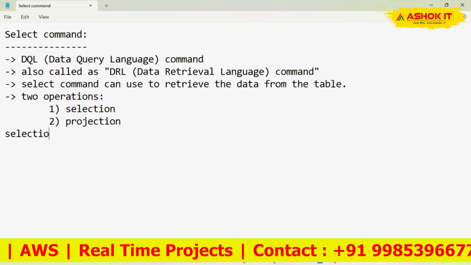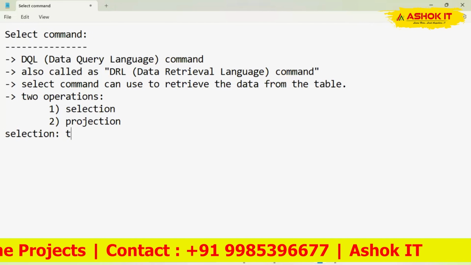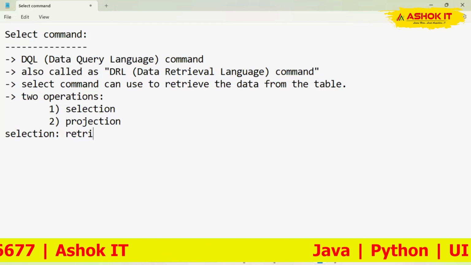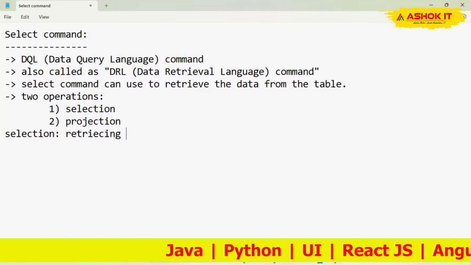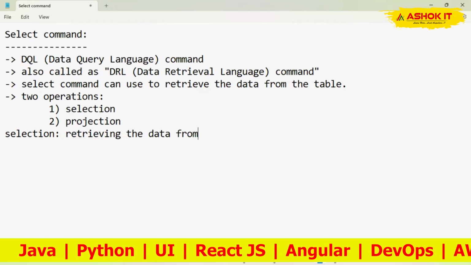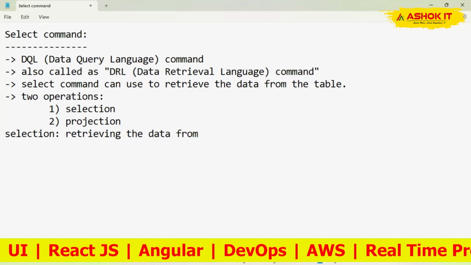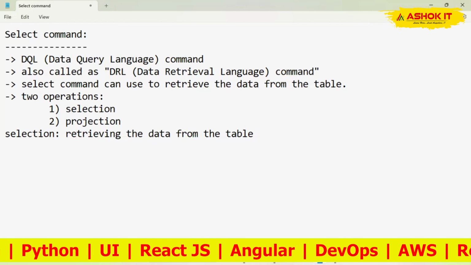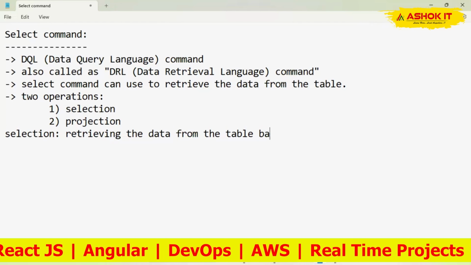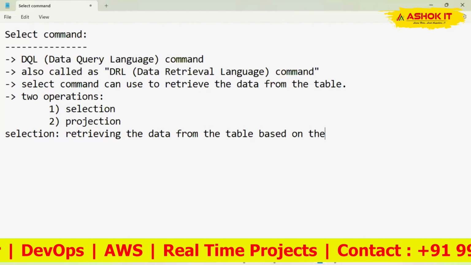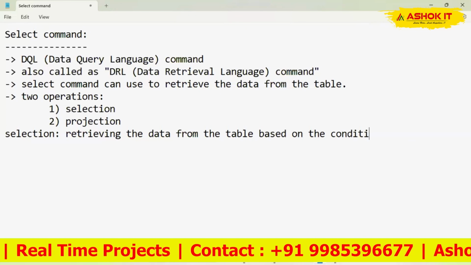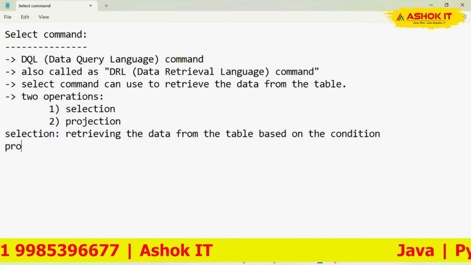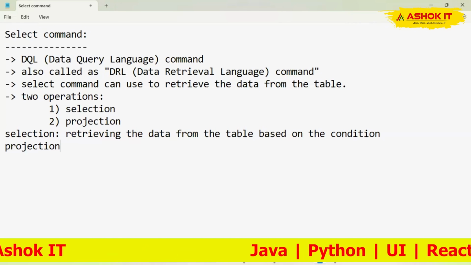Selection is nothing but retrieving the data from the table based on the condition, which is called a selection, whereas projection is nothing but